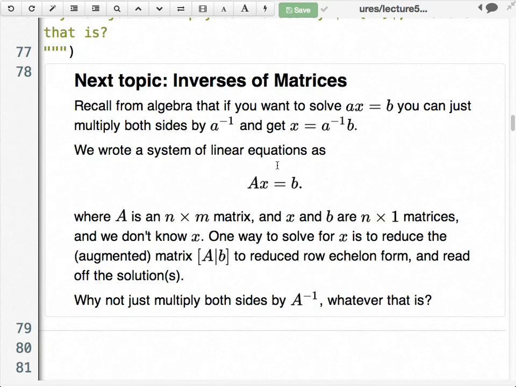So I'll just leave the first one the same. And the second one I get 0, -2, -3, 1. I just took -3 times the first row and added it to the second. And now I will rescale the second row so that the leading coefficient is 1. I'll do that by multiplying through by -0.5, and I'll leave the first row unchanged. 0, 1, 3 halves, -0.5.